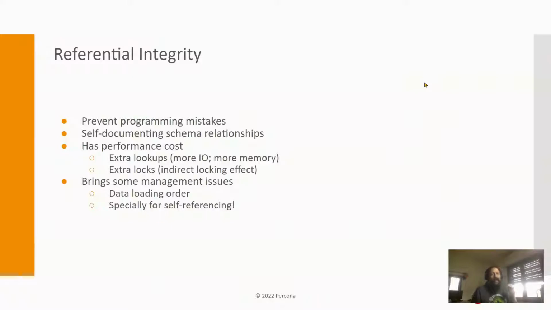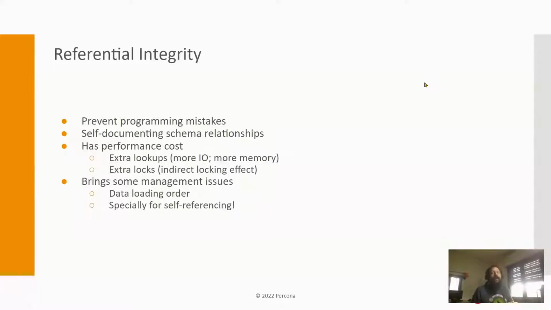So you have your file ID and parent ID, and the parent ID must be a folder, but the folder could be inside another folder, and that will self-reference the same table to another ID. When you want to load that table, it's going to be damn hard. You cannot just